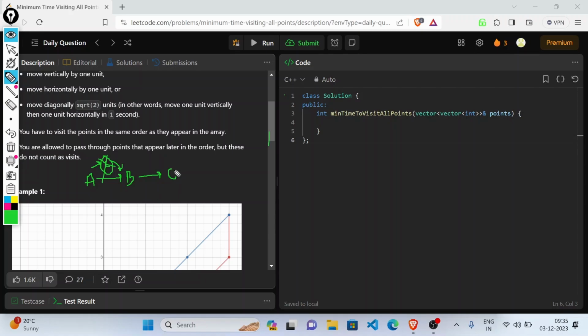You have to travel to it after B. If you are passing through it in between some other points, then it will not be counted as visited. Okay,